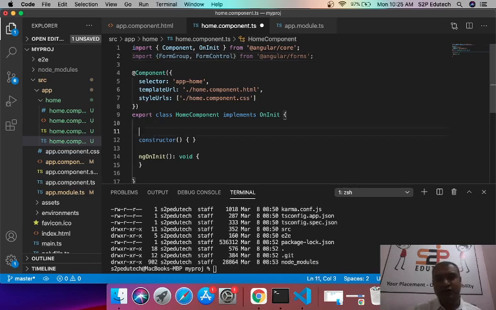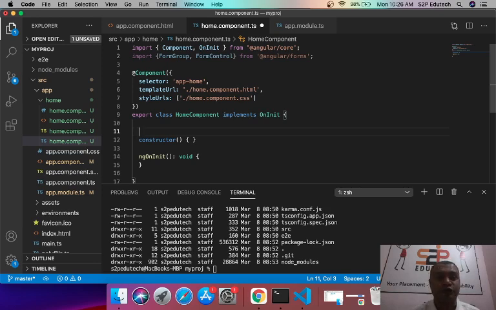Now we'll try to create a very simple, say, movies form. That's what we would try to do, right? And that form would have, say, two input fields. One is the name of the movie, and the second one is the budget, right? So I should be having these two fields in my form, right?